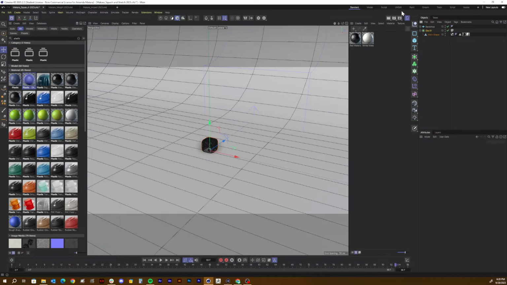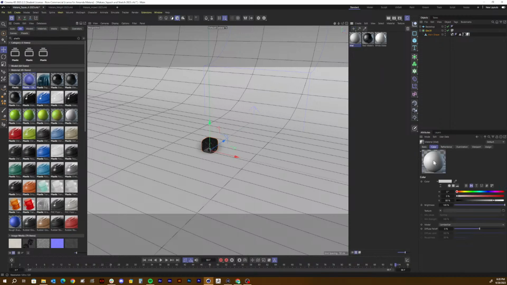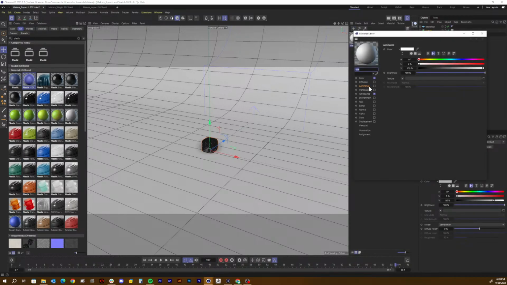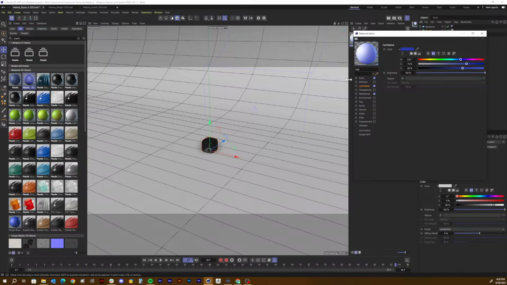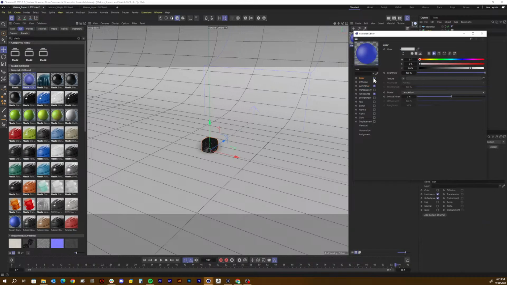And let's create our new one. So we're going to new default material. And then I'm going to double click on the material up here. And we're going to click on luminance and change the color of the material to, I don't know, let's pick a blue similar to that one. And I think if we uncheck color, we will be able to have the whole ball be blue, but maybe if we could do,